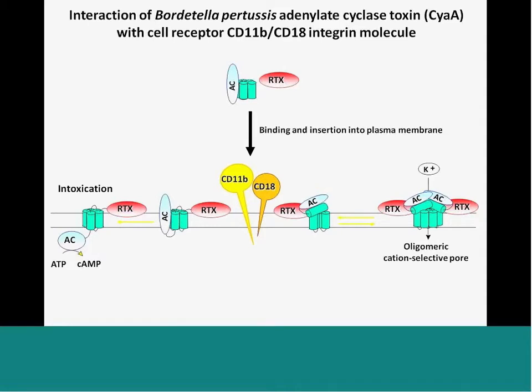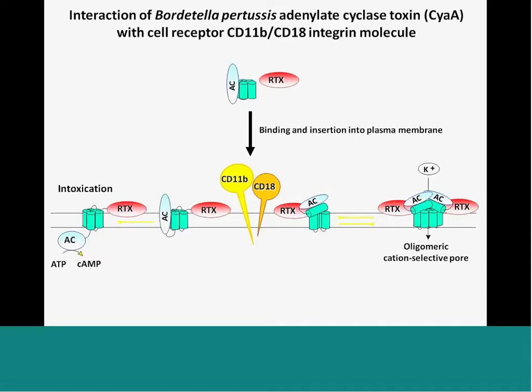There are also some transmembrane helices and a big portion, the RTX domain, which is responsible for interaction with the CD11b/CD18 receptor. The CD11b/CD18 receptor is a receptor on monocytes, neutrophils, granulocytes, natural killer cells, and it is responsible mainly for phagocytosis, and also it is important for cell-cell contact and some development of the